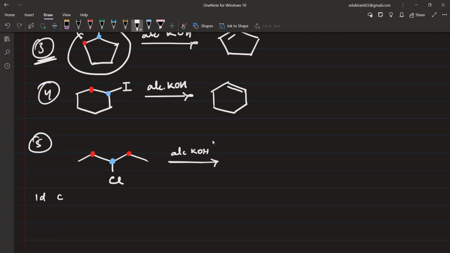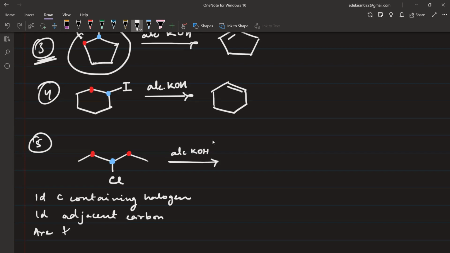Then we remove the hydrogen. नहीं नहीं, आइडेंटिफाई कार्बन कंटेनिंग हाइड्रोजन, ये पहला चीज करते हैं हम लोग। सेकेंड इज आइडेंटिफाई एडजेसेंट कार्बन्स। और जब एक से ज्यादा कार्बन रहते हैं देन we ask ourself are they same. ठीक है, क्या पूछते हैं, पूछते हैं ना सामिया, नई चीज तो हमने नहीं बताई।